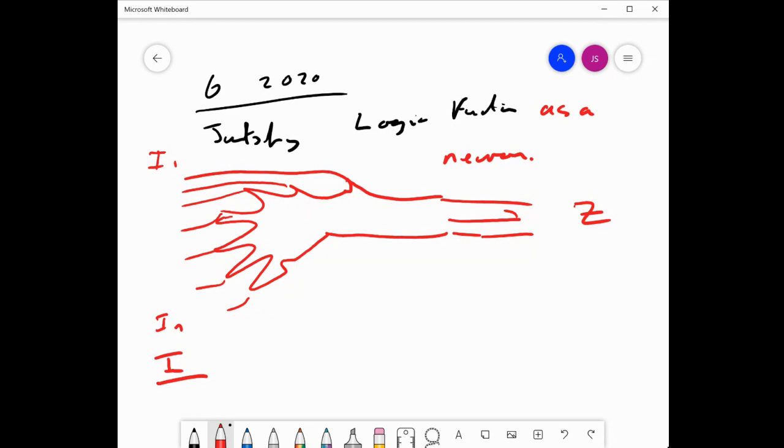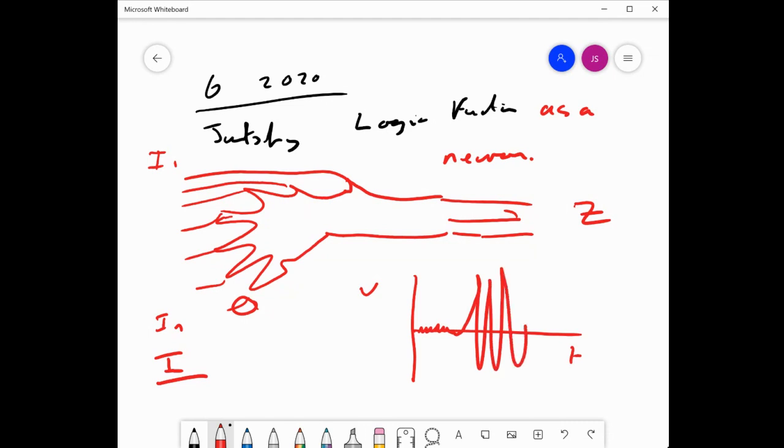Now, if you look at the electrical activity either on the input or the output, we get activity which is something like this, voltage against time. We might get a signal that looks like this, and all of a sudden we get a lot of voltage activity, and then it goes flat again. And this is happening on all the inputs and the output. Now, to justify using a logic function, let us say this nerve, or the input nerve or the output nerve, has 2 states. And we would say this is firing.